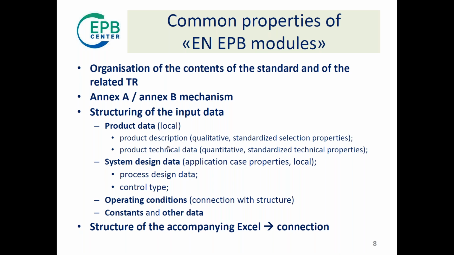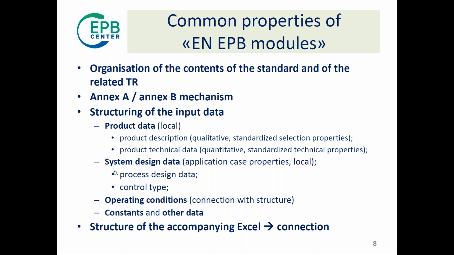Then you have the actual product technical data, which are quantitative: the power of a boiler, the efficiency of a boiler, and other properties. Then you have system design data, which describe the characteristics of your application case. And typically, again, these are local data. For example, the location of the boiler. Depending on the location, you have different treatment, for example, of recoverable losses or the hydraulic connection. And